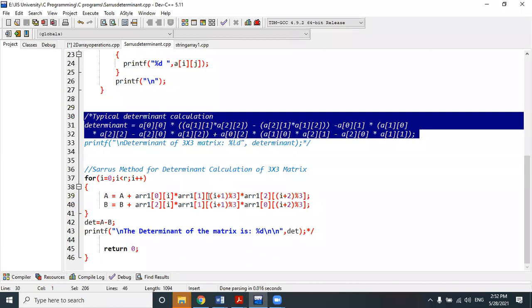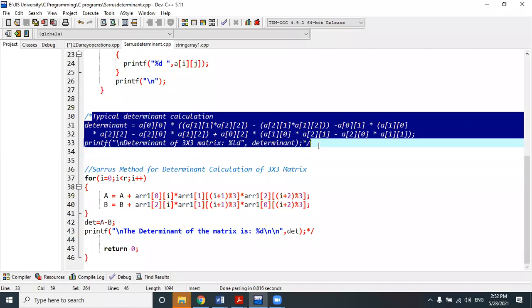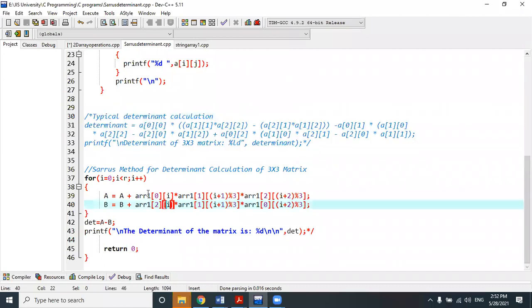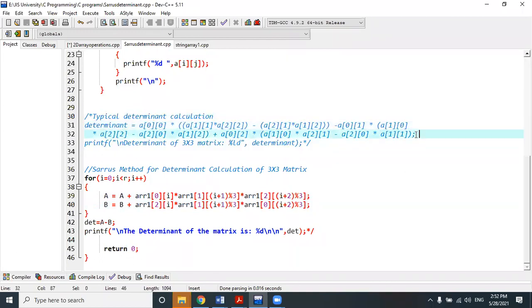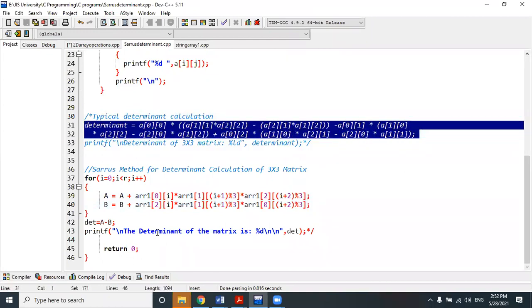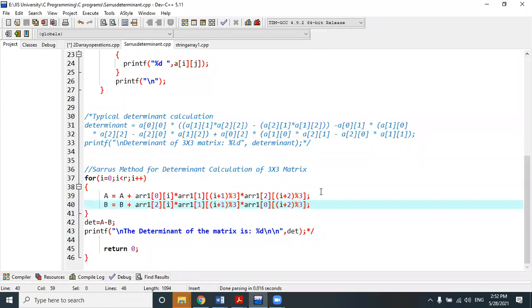But Sarrus method is a very intelligent method, and it is efficient for determinant calculation up to a 3 cross 3 matrix compared to the general method. For up to 3 cross 3, Sarrus method is much more efficient; the general determinant calculation is a little bit more complex. Sarrus method is very easy to understand and easy to apply.